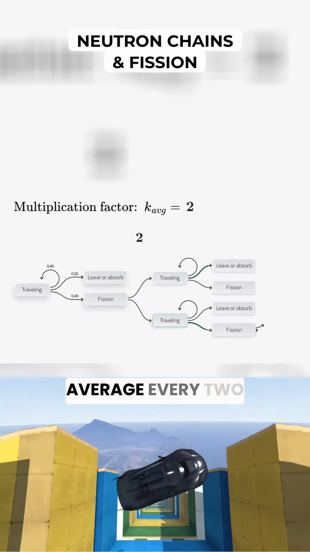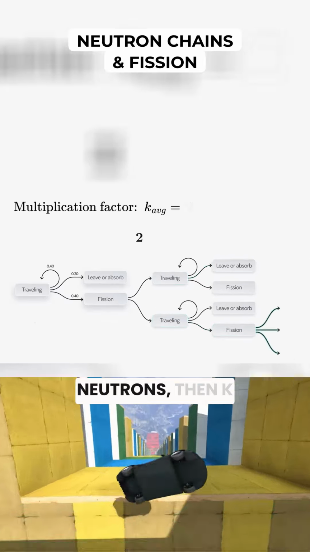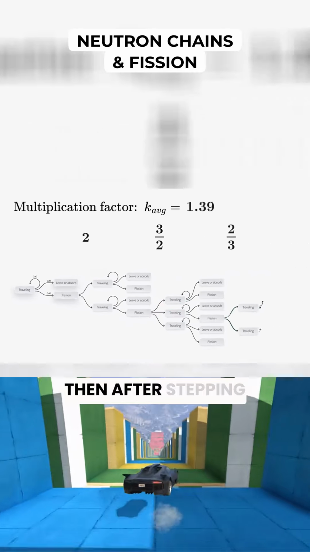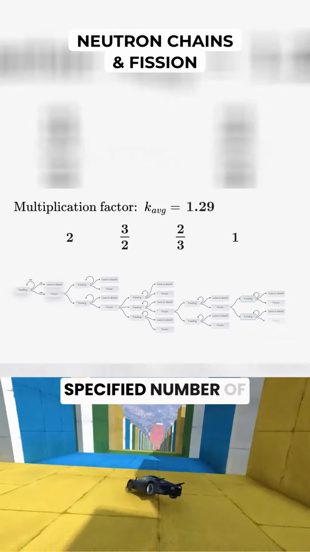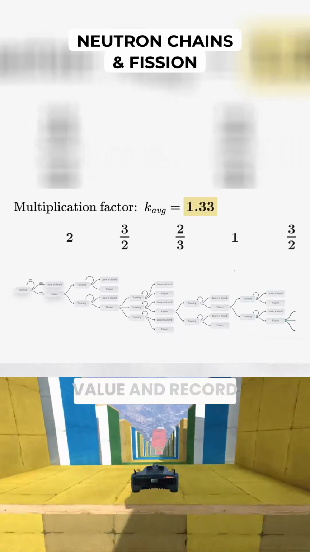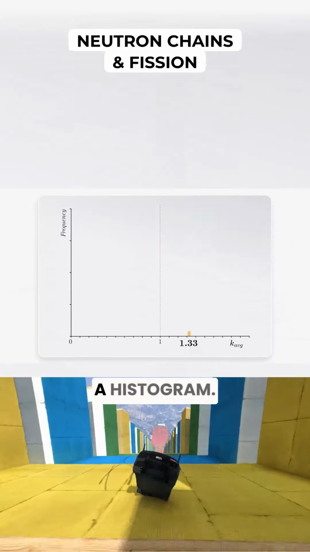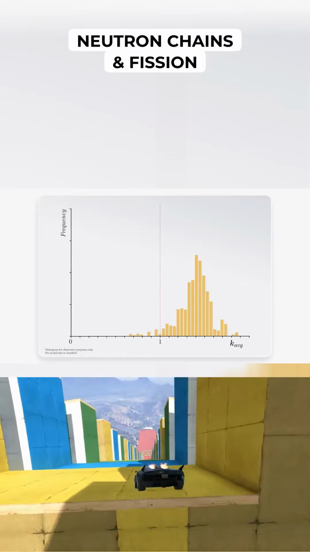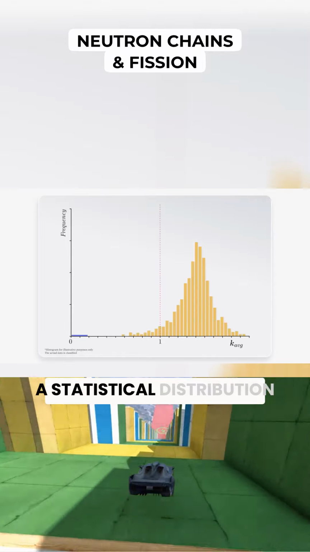And if on average every 2 neutrons produce 3 neutrons, then K is equal to 3 over 2, and so on. Then, after stepping through the full chain for a specified number of steps, we collect the average K value and record that number in a histogram. This process was then repeated hundreds of times and the results tallied up, giving you a statistical distribution of the